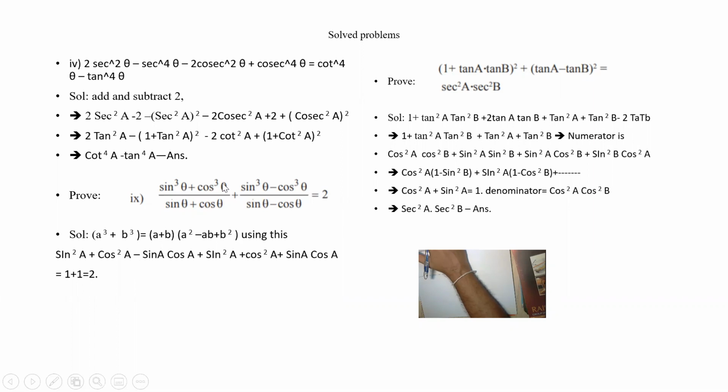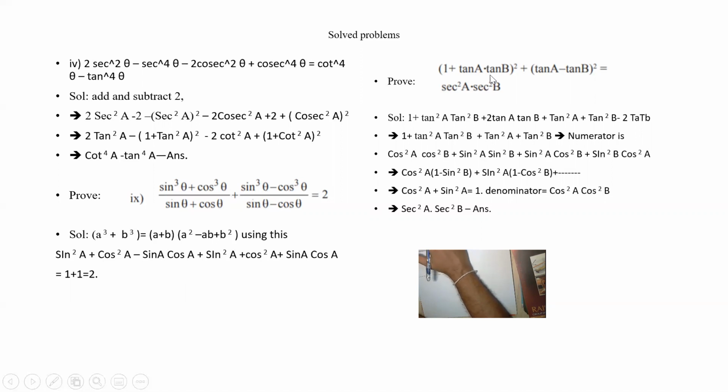So let us see this. Sin cubed plus cos cubed by sin theta plus cos theta, sin cubed minus cos cubed by sin theta minus cos theta. So we have to use this formula simply. So what is becoming? A square minus AB plus B square, and A square plus AB plus B square. A square plus B square will be 1, so it is minus AB. Sin theta cos theta gets cancelled out. So it becomes sin square A plus cos square A minus sin A cos A. So this A plus B gets cancelled out. So A square plus B square minus AB plus A square plus B square plus AB. That means this is 2 into sin square plus cos square, that is 2. Simple. So we have to use the A cube plus B cube formula.